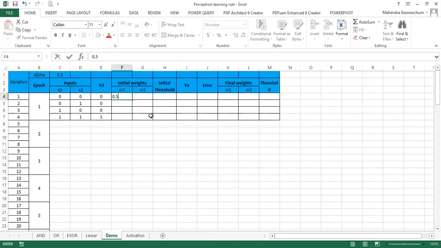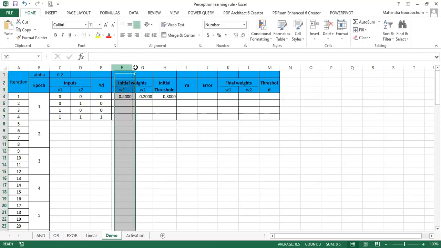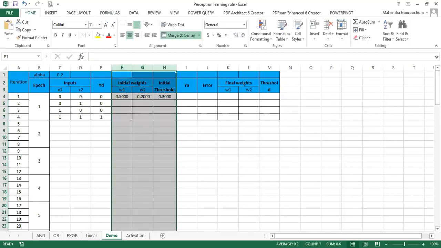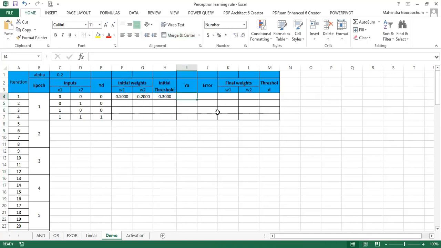Okay, so this one is 0.5. We have selected this one to be -0.2, and we have selected this one to be 0.3. Okay, again, let's just set this. So 0.5, minus 0.2, and 0.3 for the threshold. Okay, now based on these initial values we have for your initial weights and the threshold, we are able